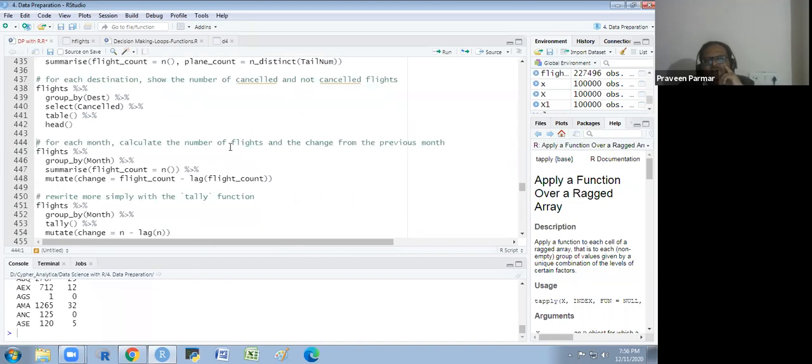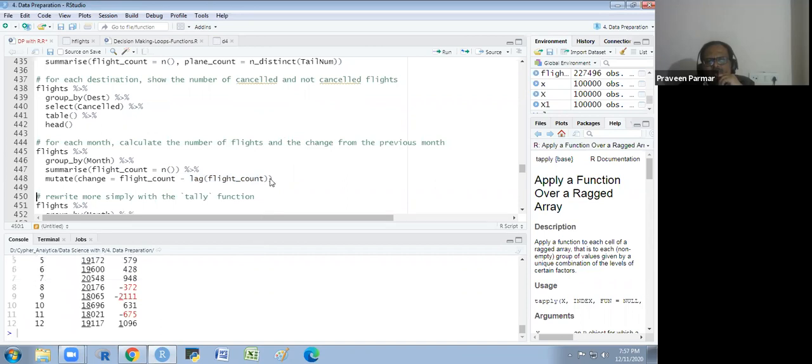Now for each month, calculate the number of flights and the change from the previous month. So we group by month, summarize the flight count, and mutate the change. Change is a new column: flight count minus lag of flight count. Lag means it will take the previous observation. I will show you this so you can understand better.